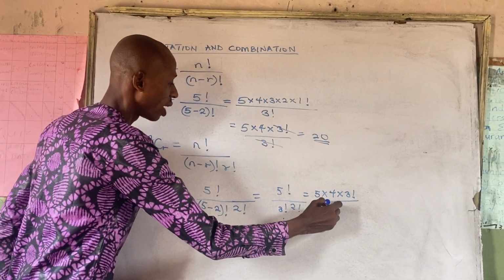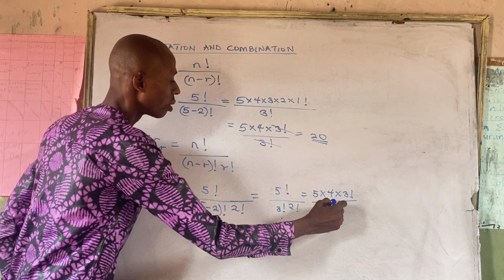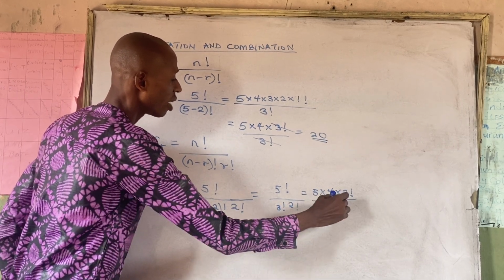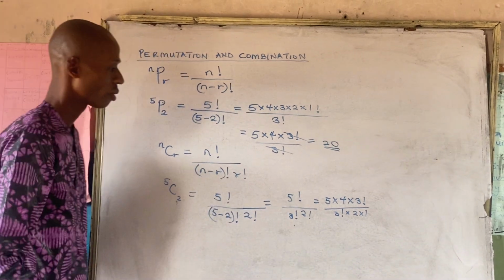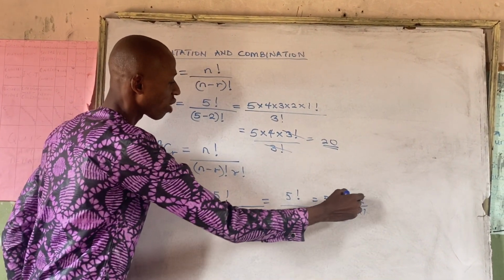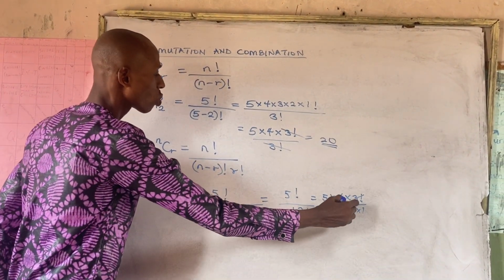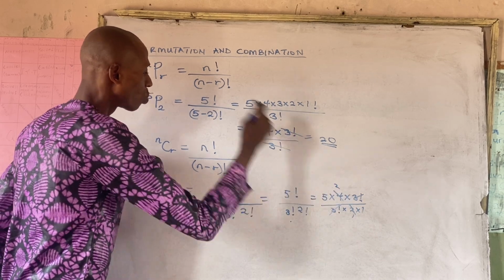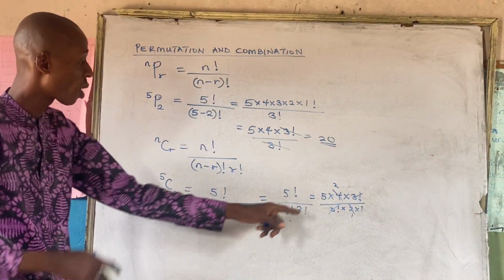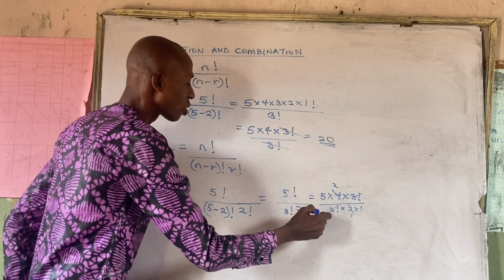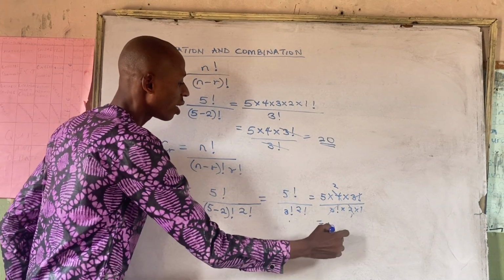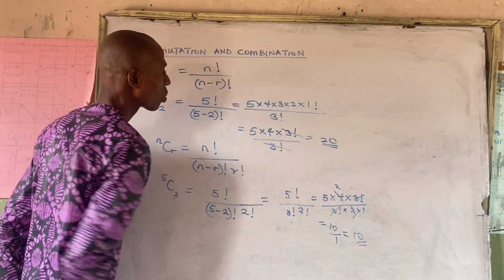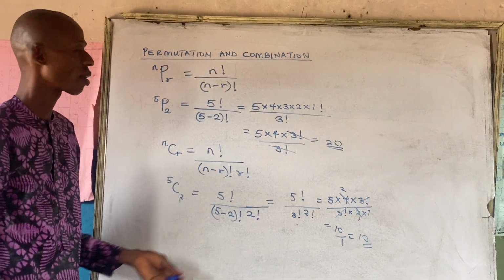So 3 factorial, then 2 factorial is 2 times 1, alright? So 3 factorial cancels 3 factorial. We have 2 here, 1, 2 here, 2, alright? So we have 5 times 2, that is 10 all over 1, and of course that is 10, alright? So this is how to solve works